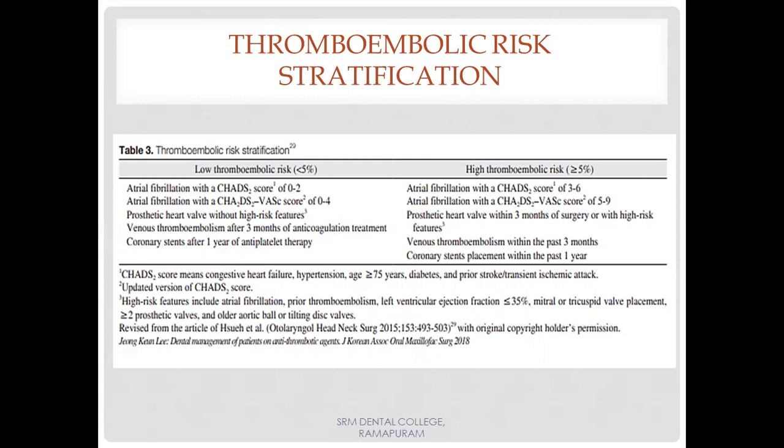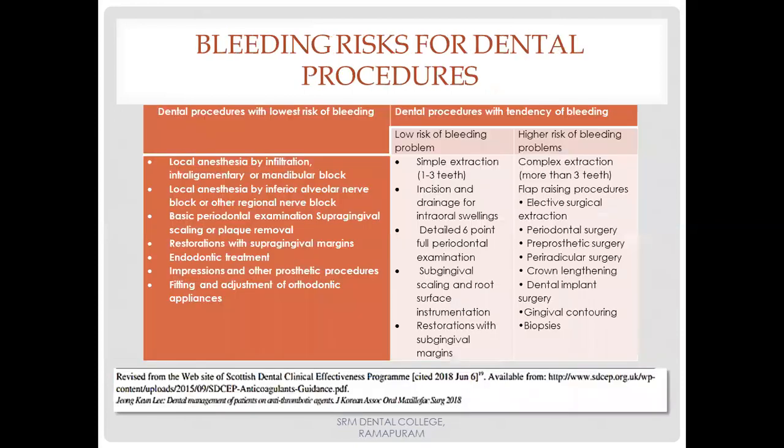a patient who has had a prosthetic heart valve within 3 months falls under high risk features. And a patient on coronary stents after 1 year of antiplatelet therapy is safe to be managed. Then patients within the past 1 year or a few months fall under the high risk category. So nowadays there's a need for us to stratify the patient into high and low risk. So coming to the dental procedures that can be followed safely,